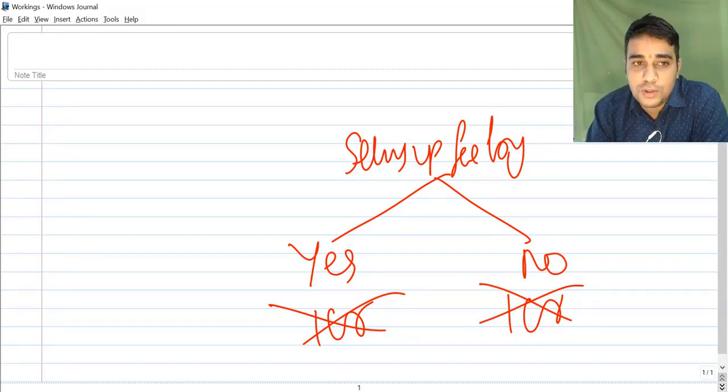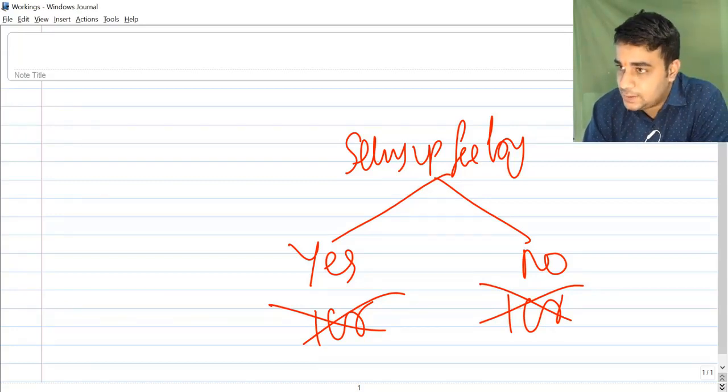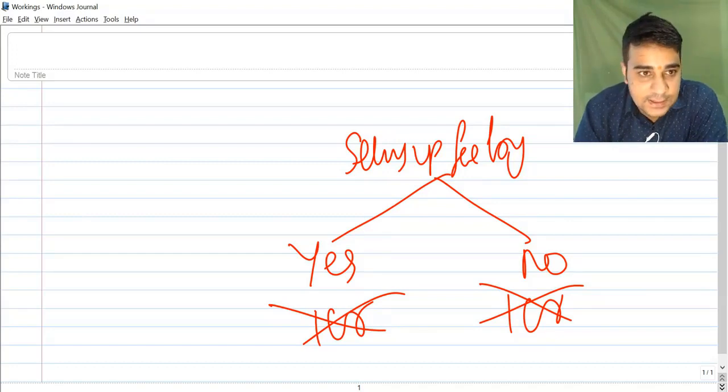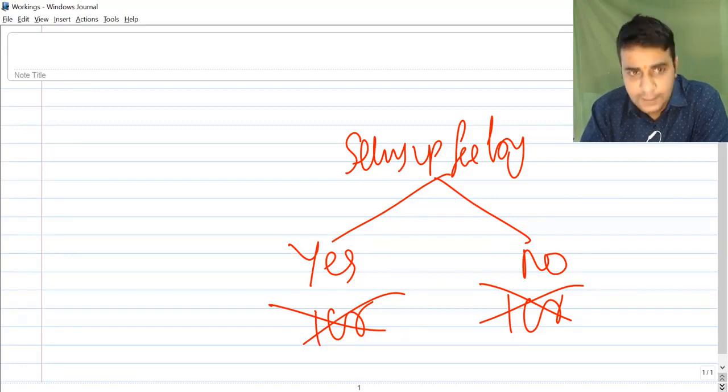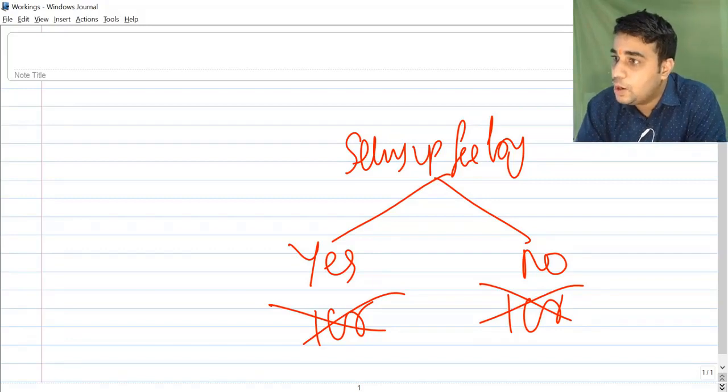If you are paying 1 crore to the other person, you cannot tell him that your report is useless to me, I am not going to pay you. Some question will give information saying that you are planning to do a market survey, but you have not paid for the market survey. The other person has done the market survey, but you have not paid for it. Still it is an irrelevant cost. Why is it irrelevant? Because if you set up the factory, you will have to pay 1 crore. Not set up the factory, again pay 1 crore. You will have to pay that money. You cannot say that I am not setting up the factory, so I don't want to pay you 1 crore.